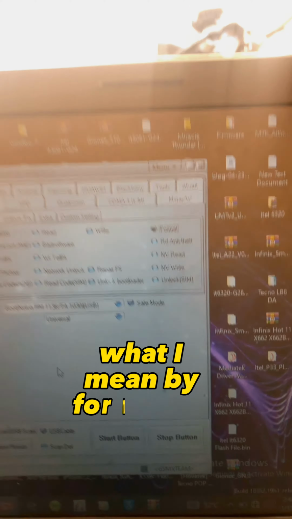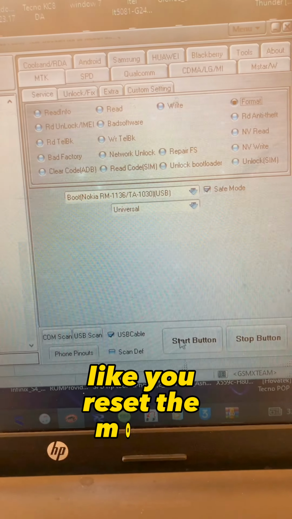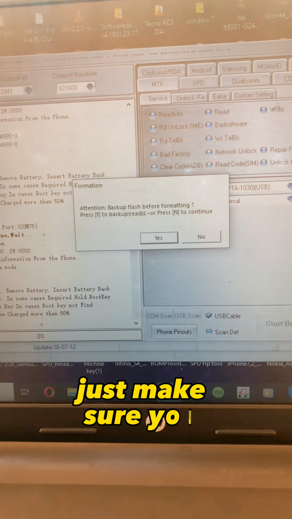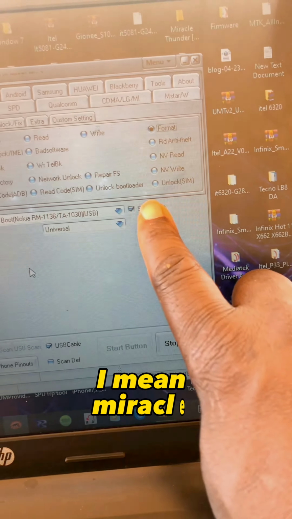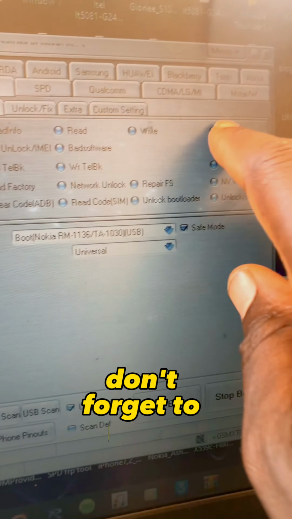What I mean by formatting is you are going to format it like you reset the mobile phone. It's not that you are going to format the firmware. Just make sure you back up if you are not sure of this, but let your flashing tools, Miracle, stay on safe mode. I think you can see it now. Don't forget to select format,